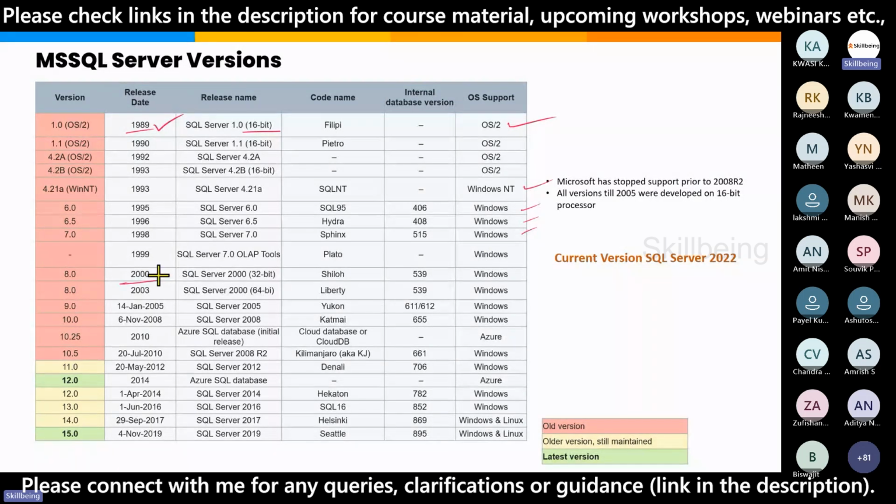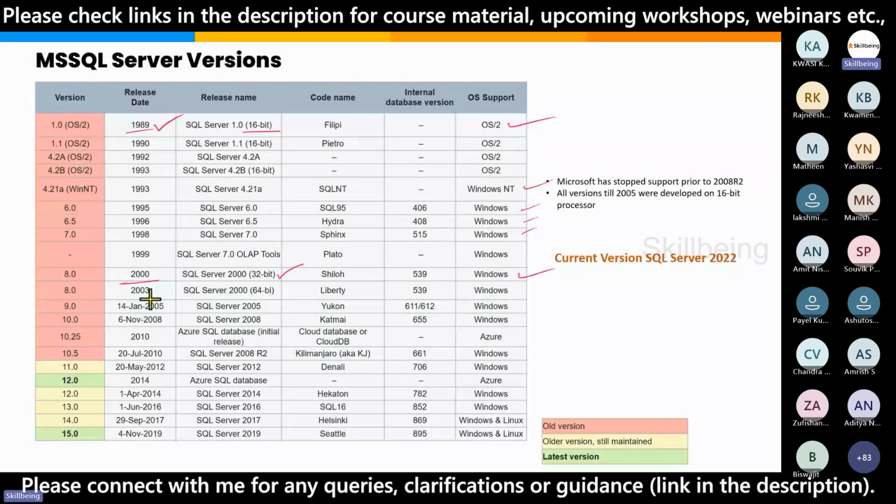This version was called SQL Server 2000 because it was released in the year 2000, and it was supporting a 32-bit Microsoft operating system. Then in 2003 they released another version of SQL Server 2000 itself with a 64-bit architecture,